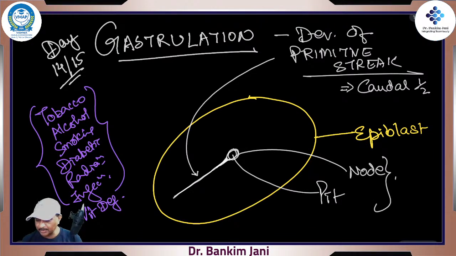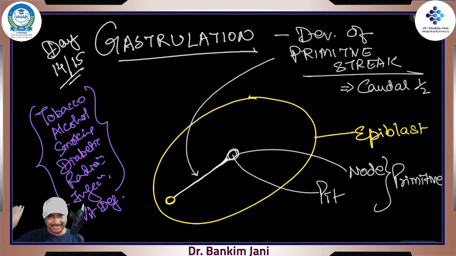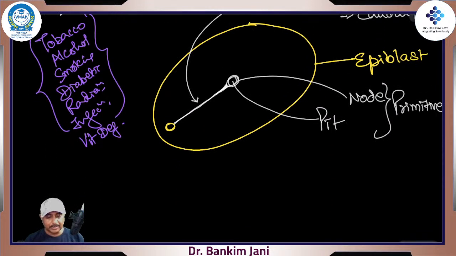So in a very initial stage, we have the primitive pit and the primitive node. And then all the way down, that is called the primitive streak. Things to know, interestingly, over here would be the cloacal end or the tail end. So this is the cloacal end, or you can say the cloacal membrane,